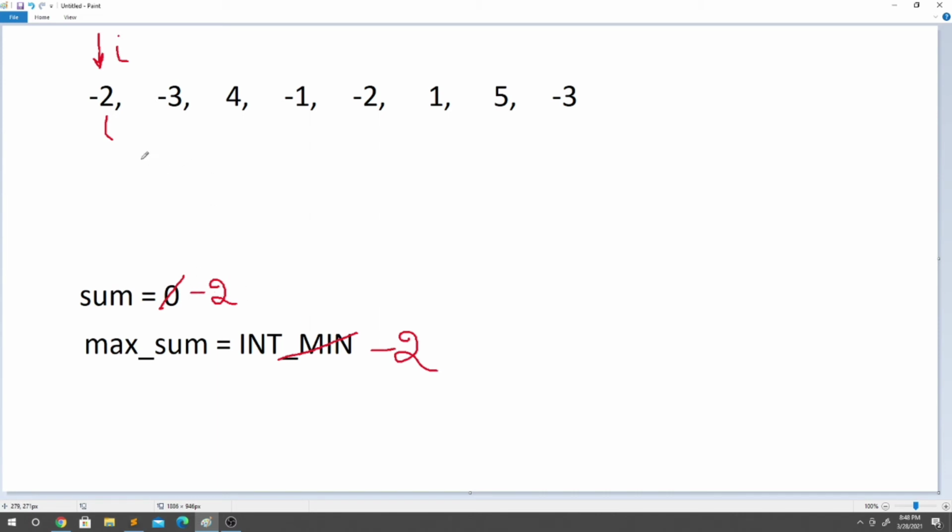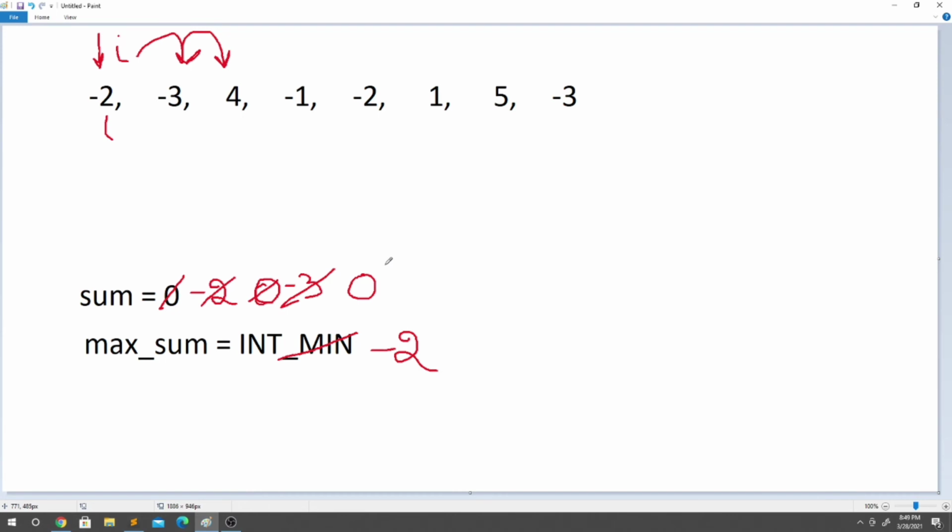Now, as I said, whenever we get a negative sum, we will replace it with 0. There is no point of creating that subarray that is having a negative sum till now. Then we will move our i pointer one step ahead. Now the sum will become -3. We will compare -3 with -2. -2 is greater, so we will do nothing, and -3 will again be changed to 0. Why so? Because it is again a negative subarray sum. Then we will move to 4.